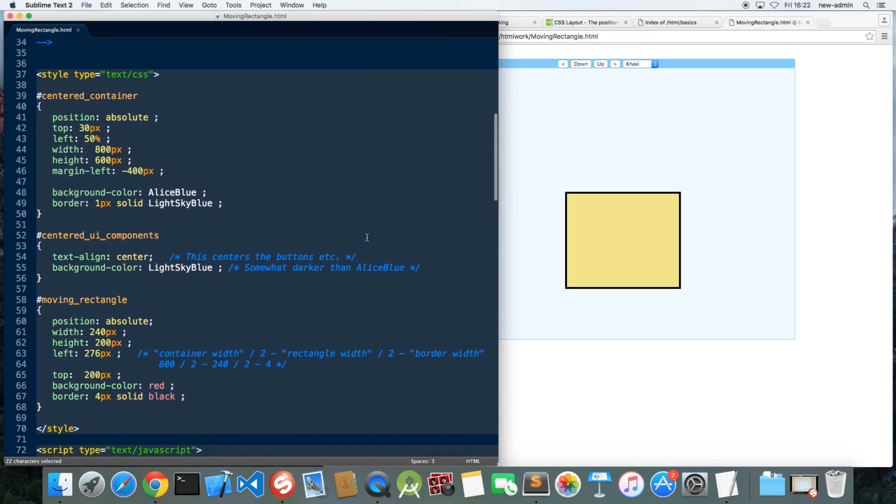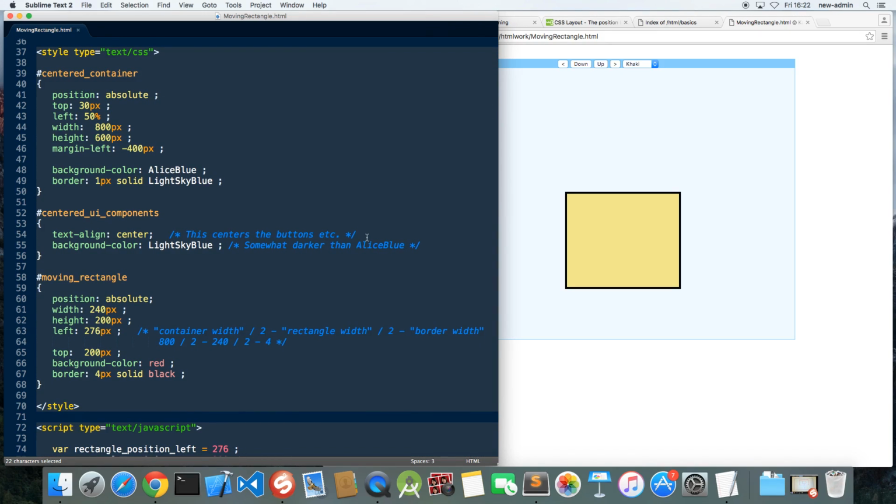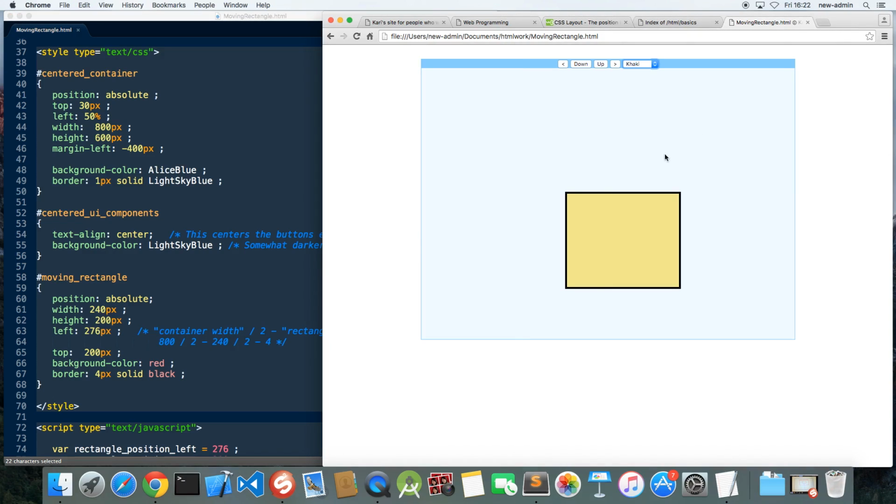So this is the CSS part of the page, and then there is this. So everything is now inside a thing called centered container, and that is now this whole thing here. This whole thing is now the centered container,